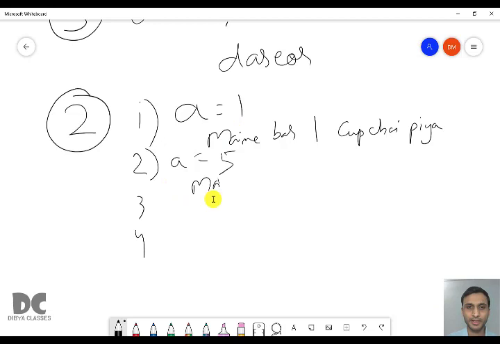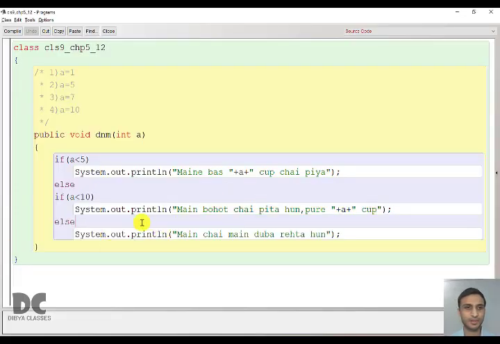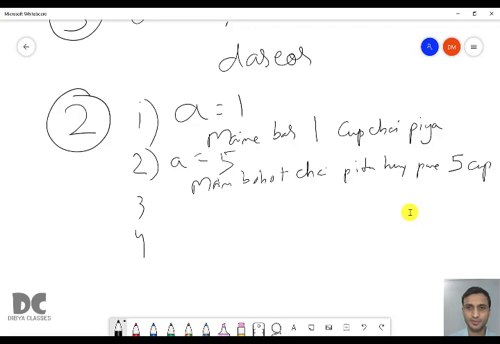So it will be मैं बहुत चाय पीता हूँ पूरे 5 कप. Next, value of A is 7. 7 less than 5, false. 7 less than 10, true. True means it will print the same thing, मैं बहुत चाय पीता हूँ. Instead of 5, this time it will be 7.